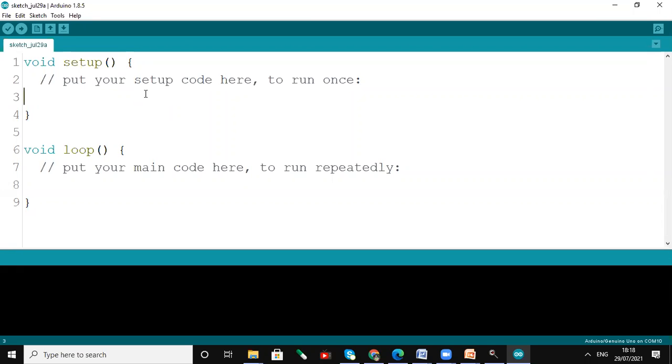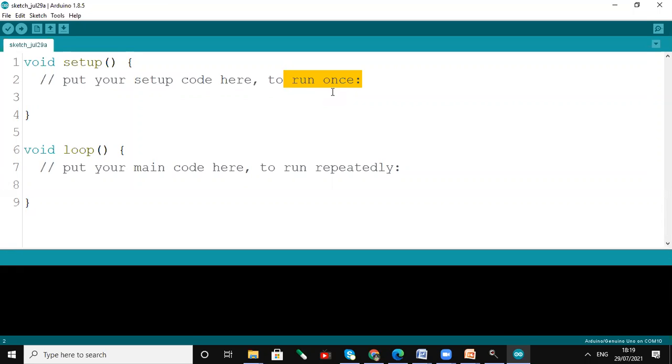And then the repetitive function. The explanation is given here: put your setup code here to run once. So this setup function will run the code only once; it is not going to repeat the code again and again. We will separate out the things we want to execute only once, and that part of our code will be in setup.